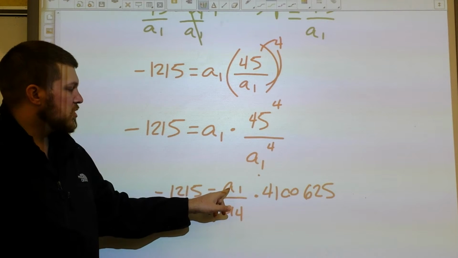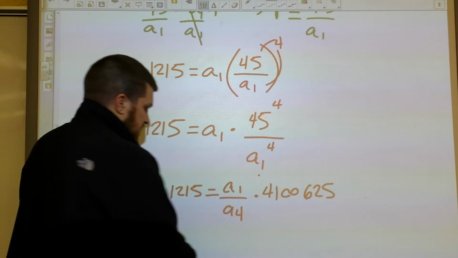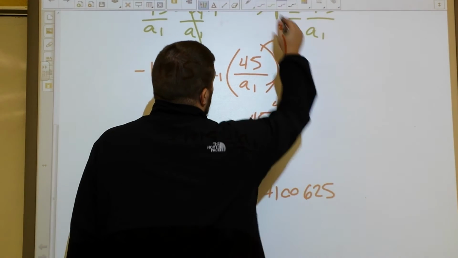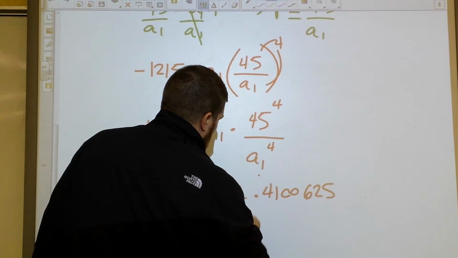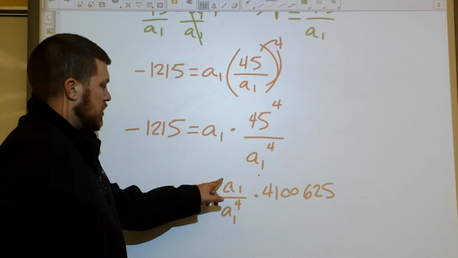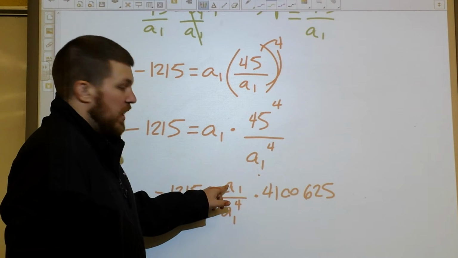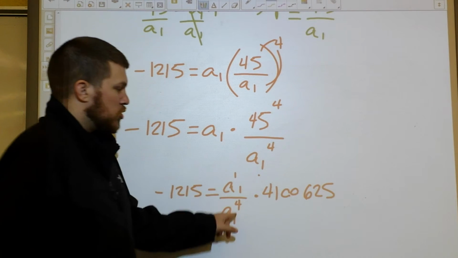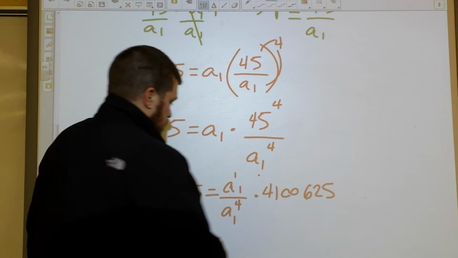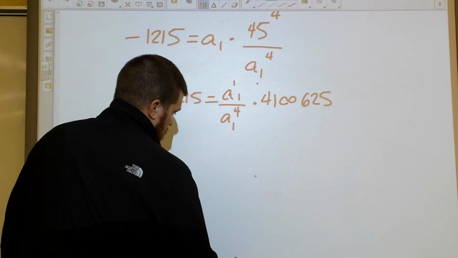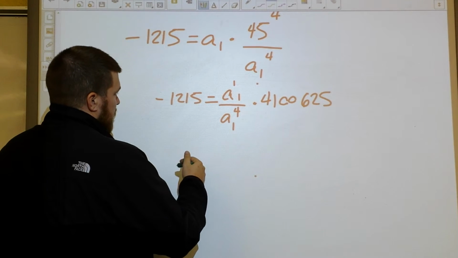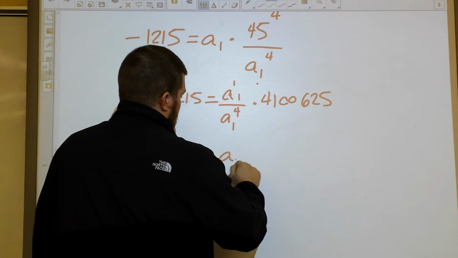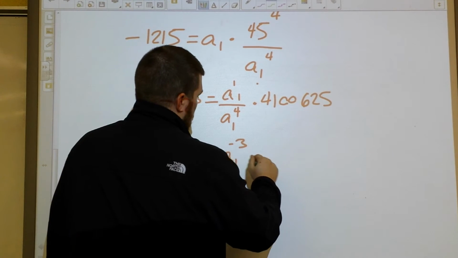Okay? Now, check it out. I've got a sub 1 to the first power divided by a sub 1 to the fourth power. Let me write that correctly. So, when I'm dividing the same base, my base is a sub 1, this is a sub 1 to the first power, I subtract the powers. Okay, so this is going to be negative 1,215 equals a sub 1 to the negative 3 power times